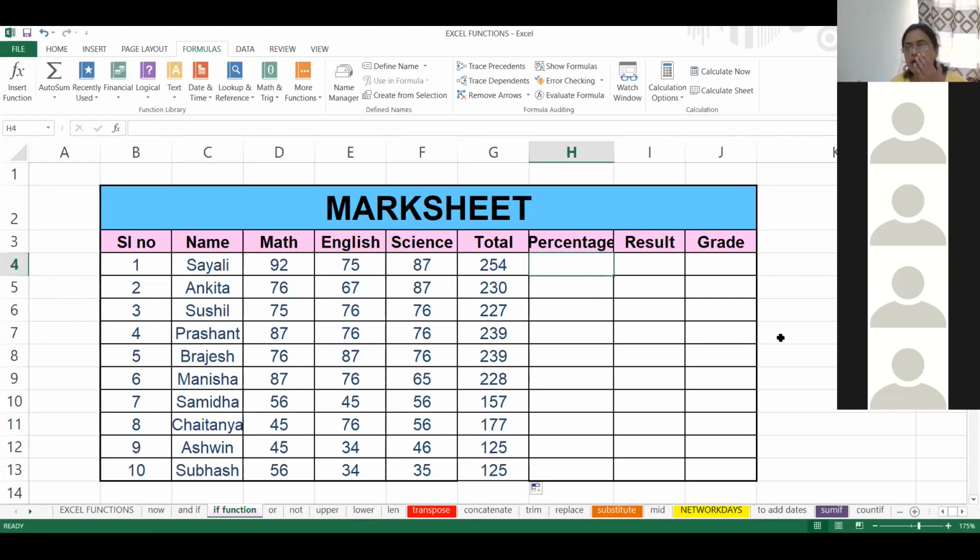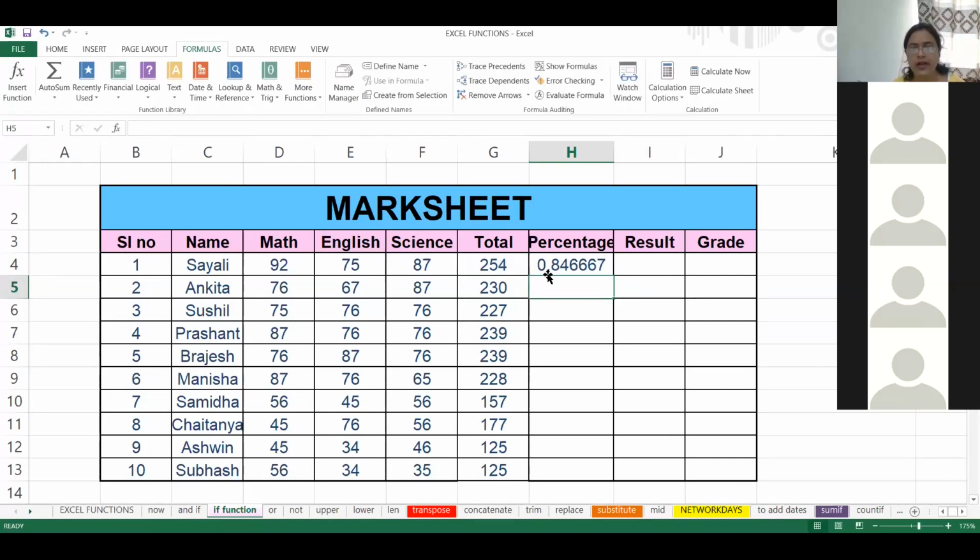How to calculate percentage? Anyone? You can unmute and tell me how to calculate percentage if you know. So no one is answering, so let me do it. For percentage, out of 300, G4 divided by 300, enter.